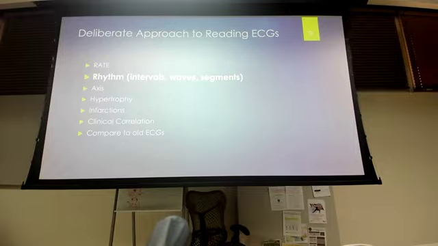Okay, we're still in the portion of looking at the rhythm. We have not come out of that yet. We talked about tachyarrhythmias. Today we're going to talk about bradyarrhythmias. As we look at rhythm and we look at axis, hypertrophy, infarcts, we're going to correlate to what our patient looks like in front of us, and then also if we have other old ECGs to compare it to,